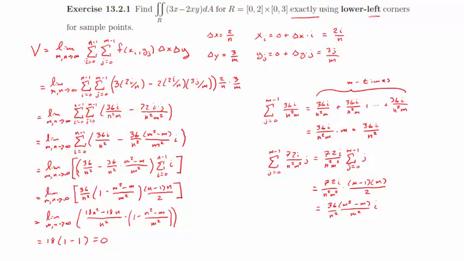Actually, the left is going to come when we build the sigma. My bad, I'm going to come back to that in a second. Delta x is 2 over n, so this becomes 2i over n. Delta y equals 3 over m, so y sub j equals 0 plus delta y times j, which equals 3j over m. Now, if we're using lower left corners when we build up our summation, our volume is going to equal